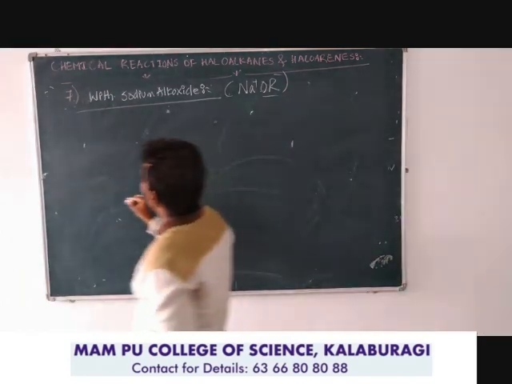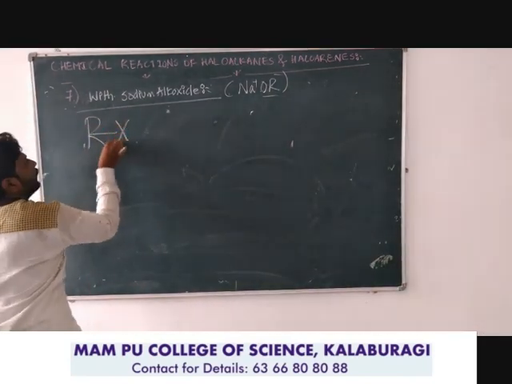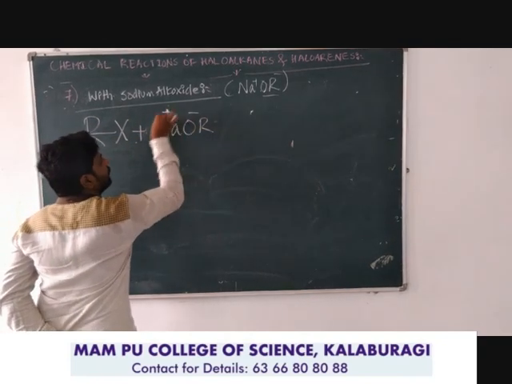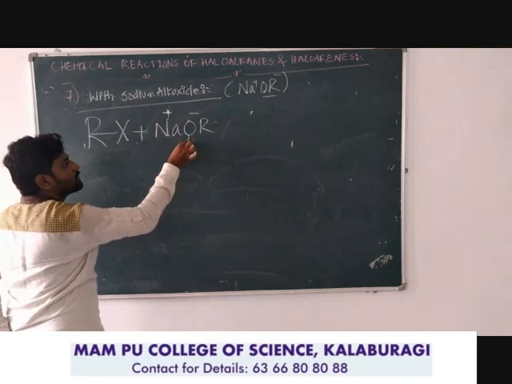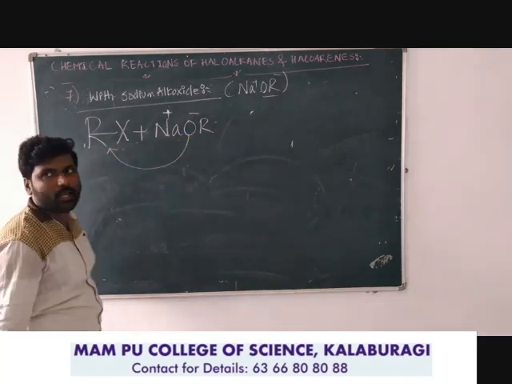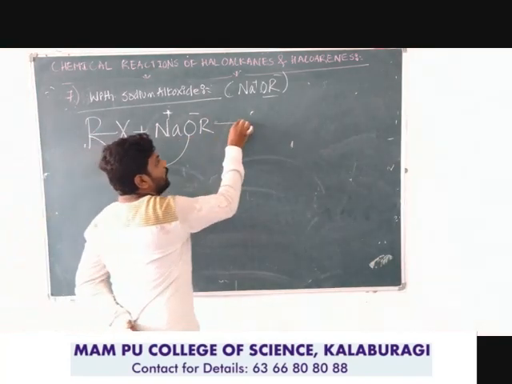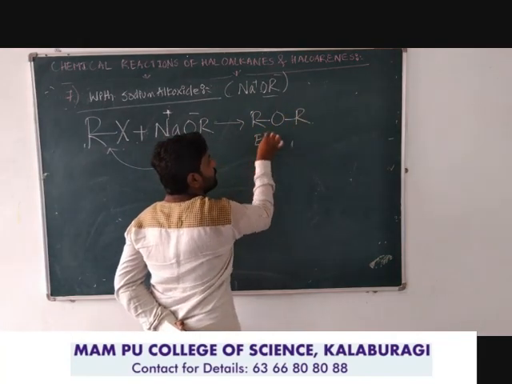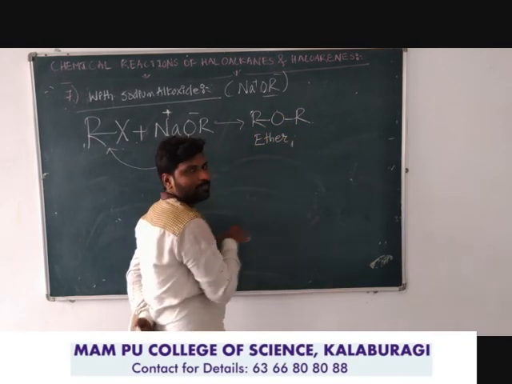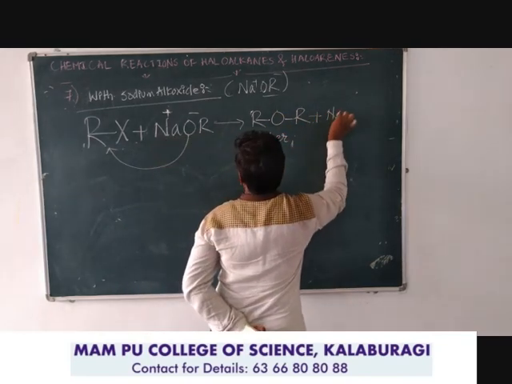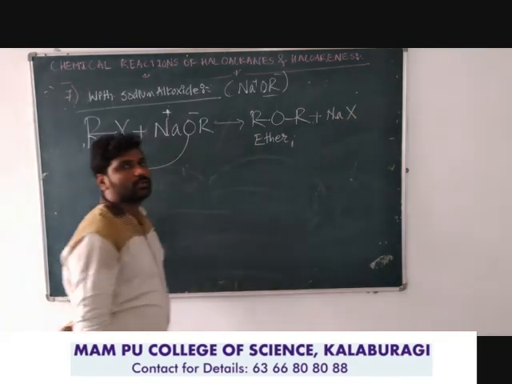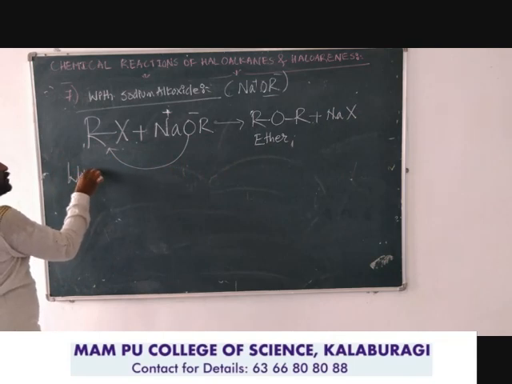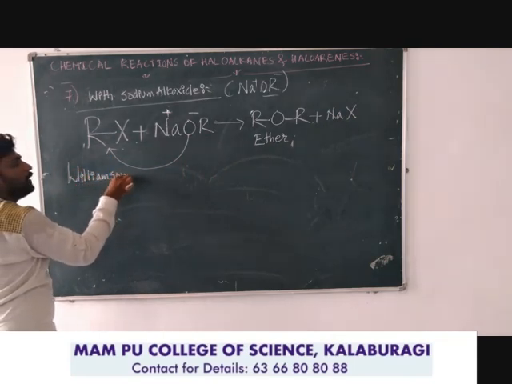See here, when alkyl halide is heated with sodium alkoxide, the alkoxide group behaves as the nucleophile, and therefore it attacks the alkyl of the haloalkane, and we are getting the product ROR, that is nothing but ethers, plus byproduct NaX. So this reaction is given by the scientist Williamson, so therefore it is known as Williamson's